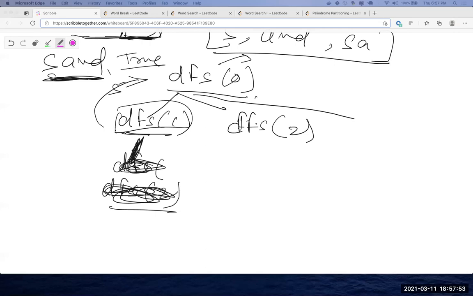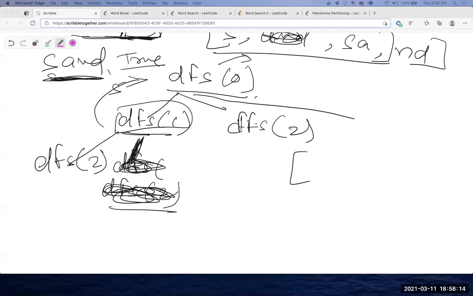Then what I was actually going to show you is, let's say you didn't have this. My thought process is that I wanted to show that there is going to be a DFS of 2.